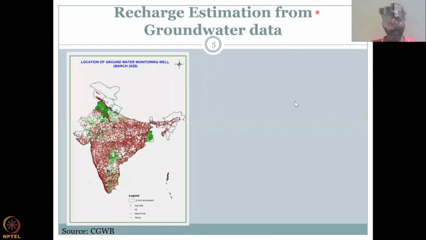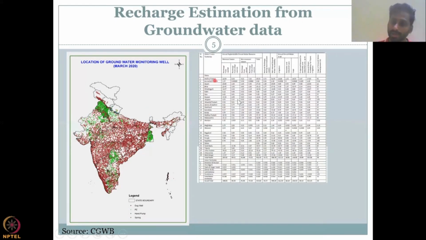Recent groundwater data. So let's look at some recharge estimation methods based on groundwater data. The previous was the hydrogeological condition, the rainfall, etc. Now we're going to look at only the groundwater data and how recharge happens. The good thing about this is we have a lot of data from the government of India, especially the Central Groundwater Board, with all these well locations, around 15,000 wells. And all of them are given as data state-wise, district-wise, and block-wise. You can go into these data sets online or the CGWB